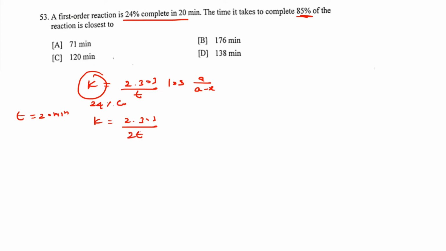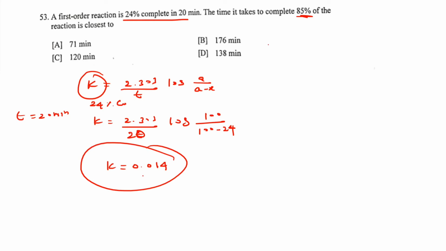right? What is T? 20 minutes. And log of what is the A value? 100. What is A minus X? 100 minus 20. If we solve this, okay, 24. If you solve this equation, what value do you get? Around 0.014. Okay, now I get the K value. What do I need? I need time again, right? Again for at